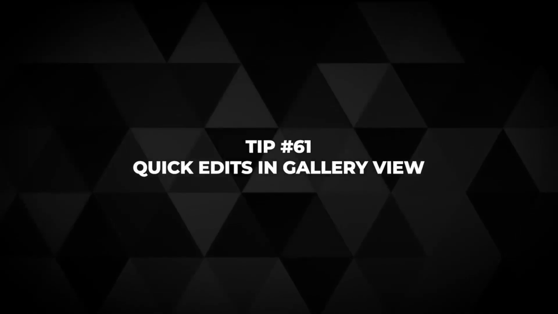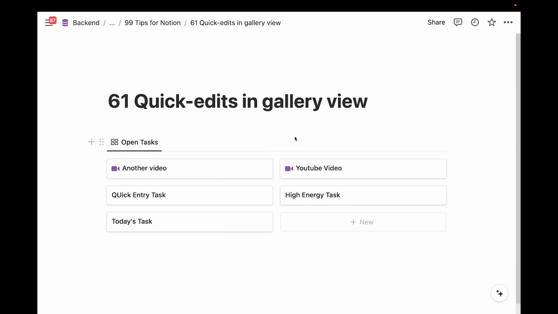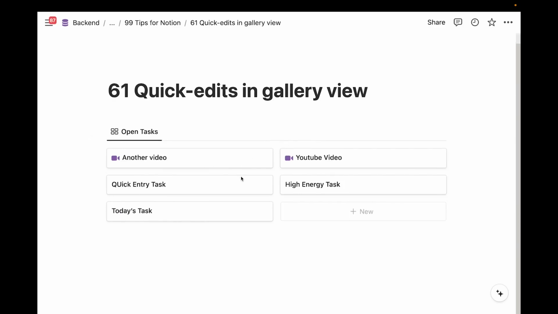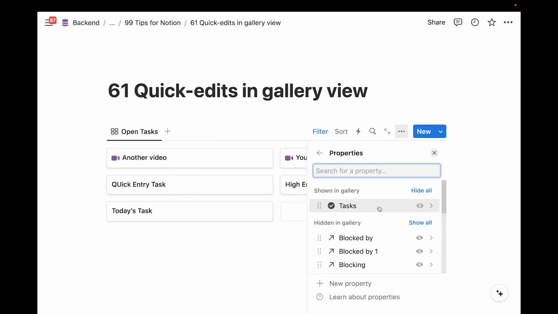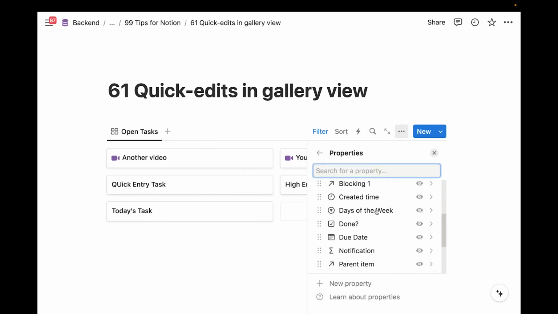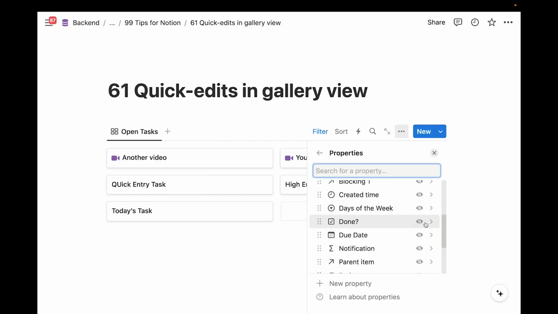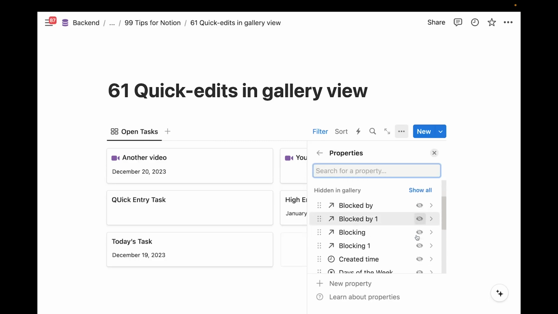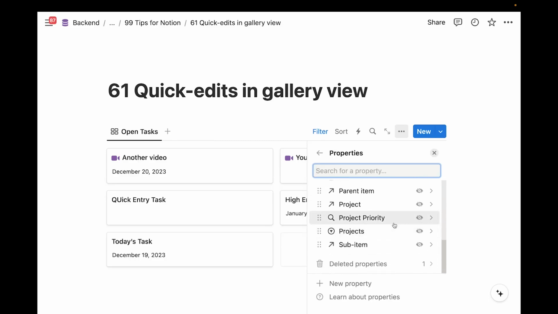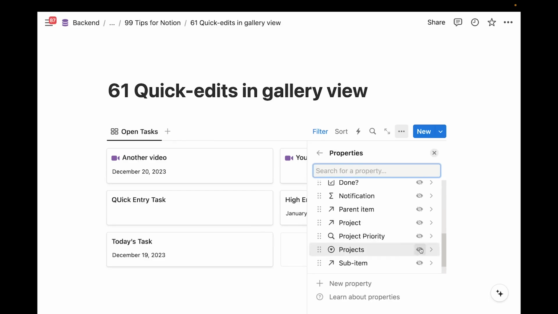Tip number 61, doing quick edits in a gallery view. If you display any of your databases as a gallery or as a board, you can actually now quickly edit information right from the screen. And in order to do so, you need to go to the three dots, to the properties, then pick the properties that are supposed to be displayed and be modifiable. So let's say we want to have the due date in here and we want to see the corresponding project